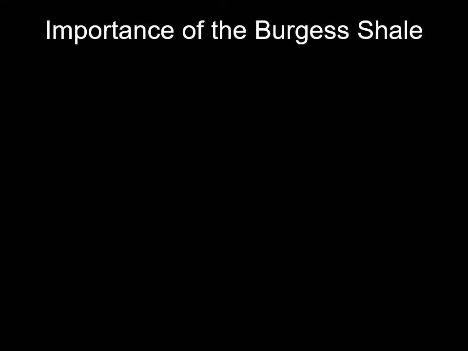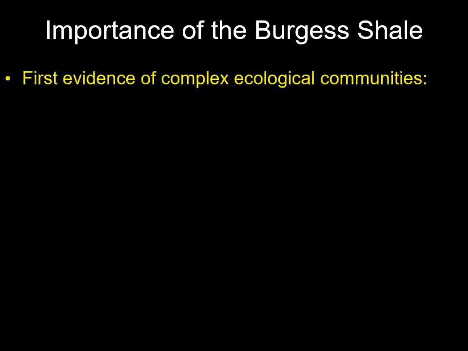But let's talk a little bit about the importance of the Burgess Shale, because it doesn't just represent a Middle Cambrian fauna, which is important. It lets us know what was going on in the Mid-Cambrian, and the preservation is important, but there's more that can be teased out if we think about this in a big picture of what this means about the evolution of ecosystems on planet Earth. This is the first evidence we have of a complex ecological community. Think about it. Before this, it's pretty much stromatolites, which is a colony of single-celled organisms stuck to sediment photosynthesizing.